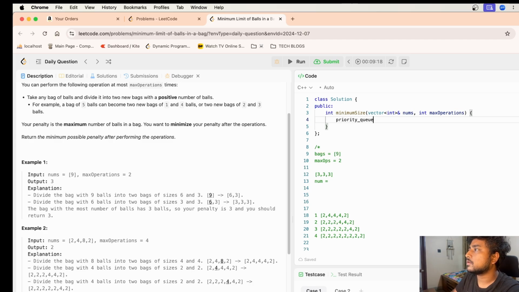Let's see. So I take a priority queue PQ and I just dump everything into the priority queue.